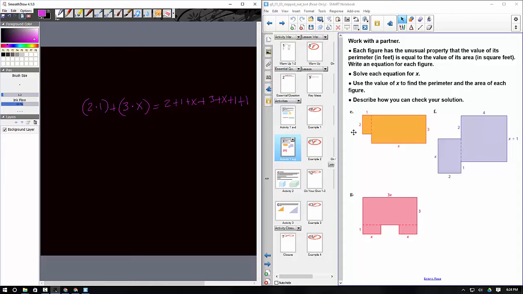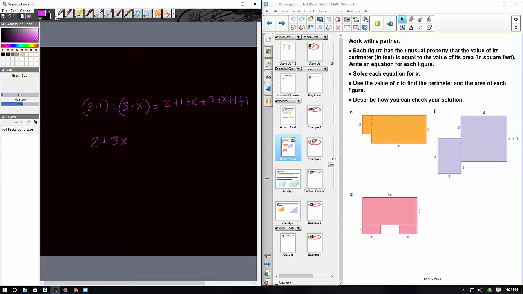So these numbers come from this. I have my 2, my 1, that's where these numbers come from. This is x, then 3, then x again. Now I know this whole side equals 2, but this whole side equals 3, which means that this right here equals 1, right? And then this is also 1. So now I'm going to combine all these together, and I will have, in this case, 2 plus